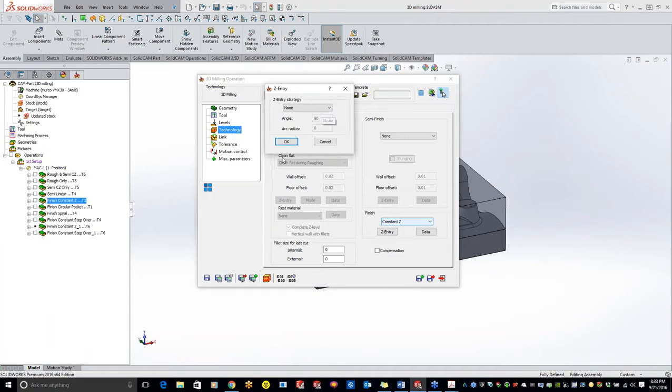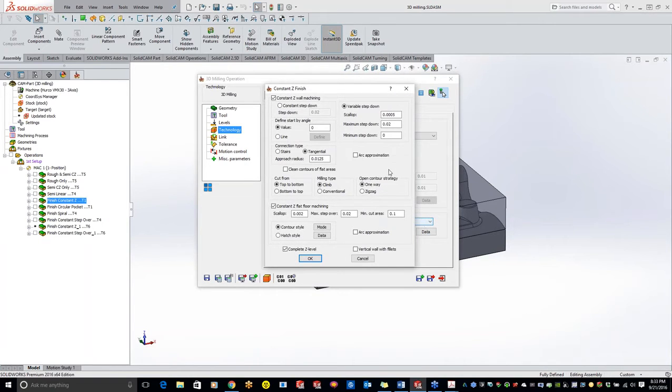Now, in here, I have my Z strategy. Like I said, I'm just going to set this up as none, but I do have the option to do angle along pass, angle between pass, and stuff like that. Also, in my data now, what I did is I set it up as I want to have a max scallop of 5/10, a max step down of 20 thou, and a minimum step down of 0. So, and what I'm going to do is I'm going to do a tangential